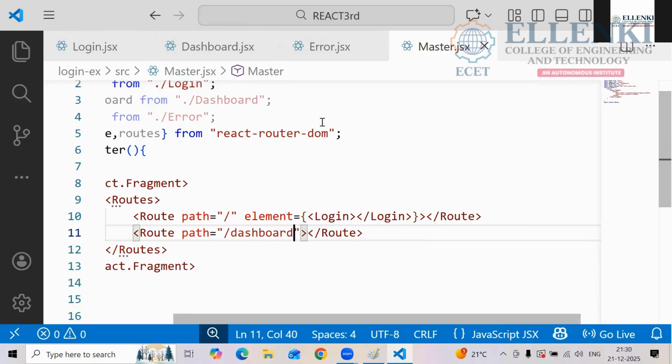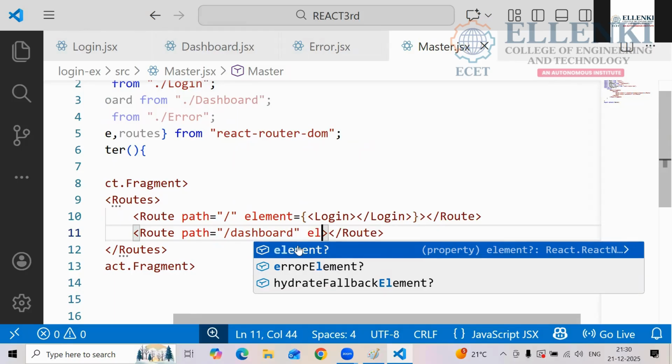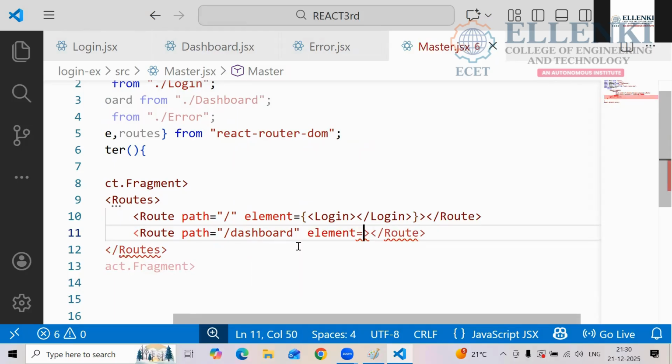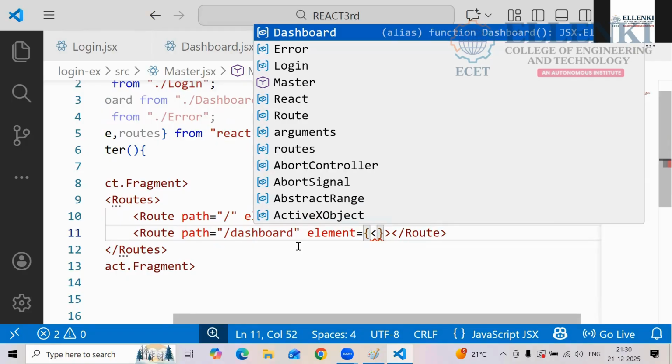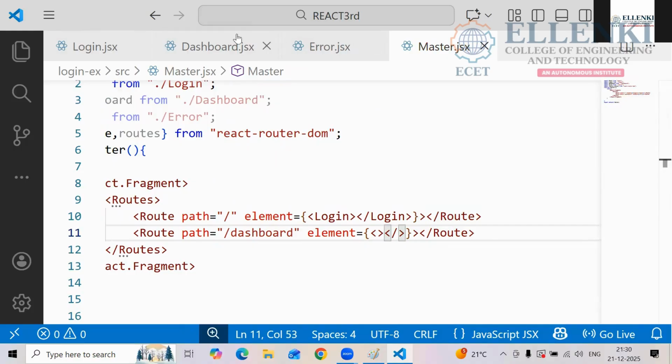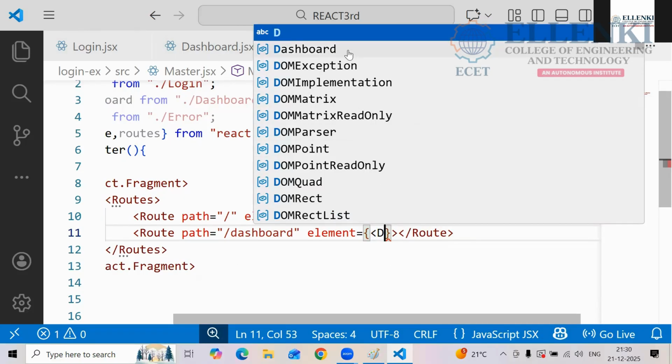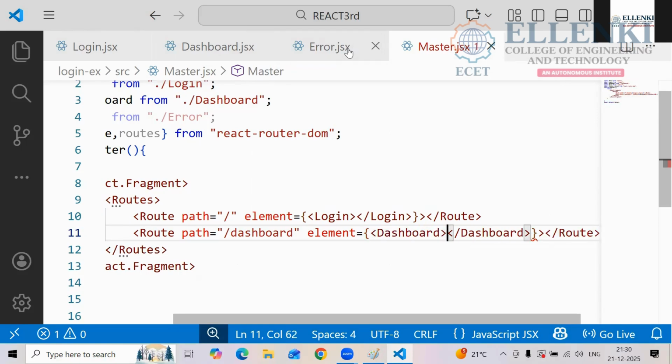Later what are we having? Element. Element equals to what? Curly braces. In these curly braces, what do you have to write? Dashboard tag you have to write. Dashboard tag we are having.